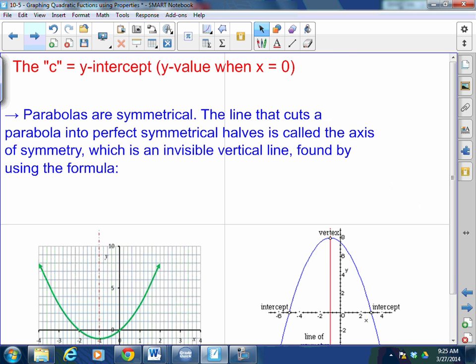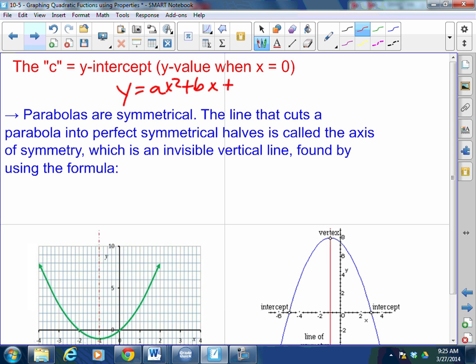Next, the c. The c is the constant, okay? I have y equals ax squared plus bx plus c. The c is the y-intercept. Because when x is 0, bye-bye. When x is 0, y equals c. It is the y-intercept. It is the y value on the y-axis when x equals 0. You with me so far? Okay. Now,